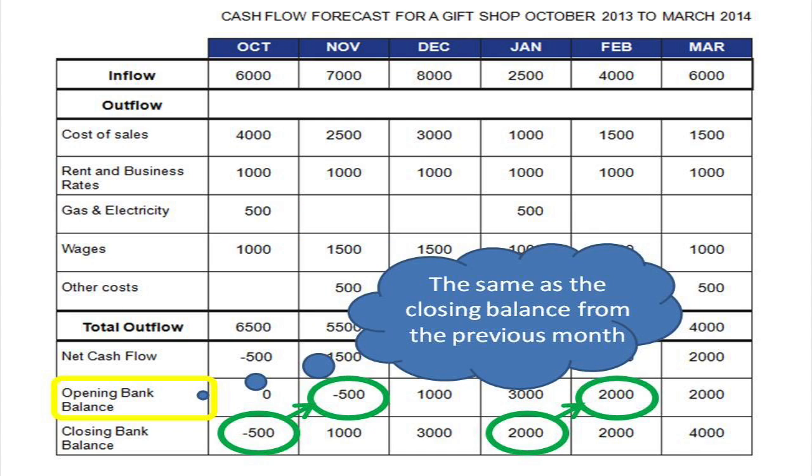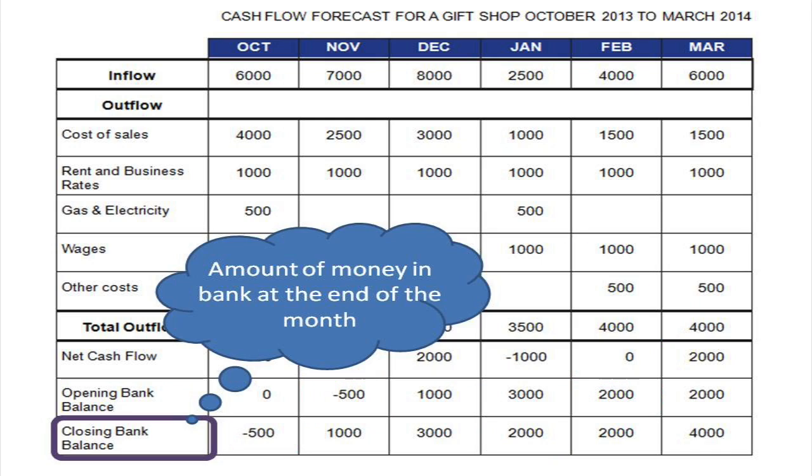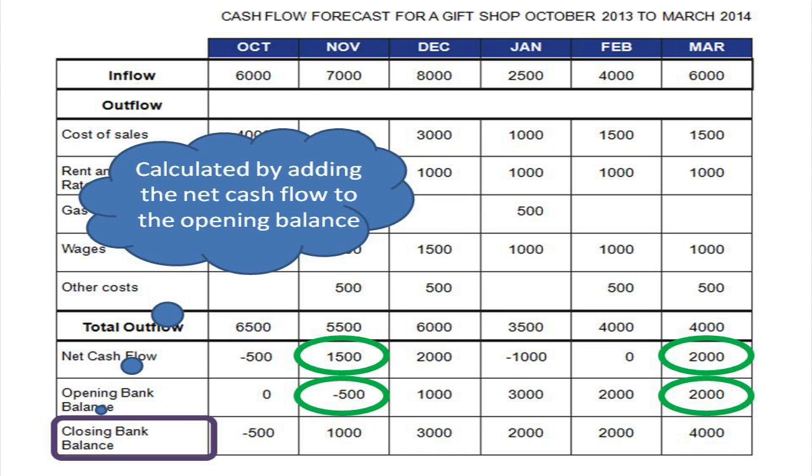The opening balance will always be the same as the closing balance from the previous month, because what you end October on, you will start November on, for example. And your closing balance is the amount of money in the bank account at the end of the month. The closing bank balance is calculated by adding the net cash flow to the opening balance for that month. So if you look at November, 1,500 plus minus 500, be careful with minus numbers, gives you a closing bank